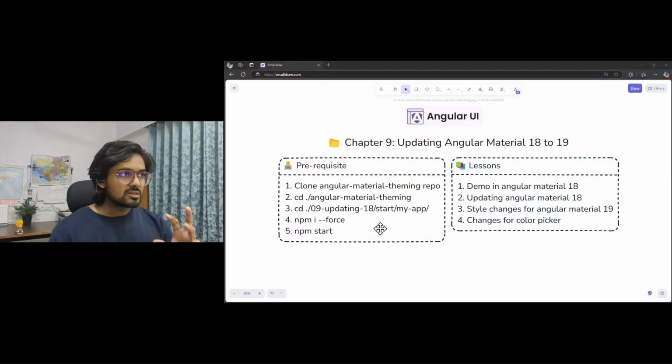For this chapter, we are going to use a demo which I have prepared in one of my previous courses for Angular Material 18. If you have cloned the Angular Material theming repository, you already have that demo in your local machine. Simply go to Angular Material Theming directory. Inside that, go to 09 updating 18 slash start slash myapp directory. And then you may want to install the dependencies again using force flag and then run the project using npm